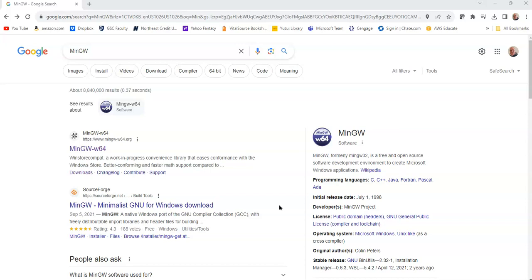Okay? So we're going to be using a program called MinGW. It doesn't need to be installed, it just needs to be downloaded. Some files need to be downloaded, and I'm going to run you through this process. It's not complicated, it's a little lengthy, but not complicated. But once we download these files, then we'll be able to use the command prompt to compile and